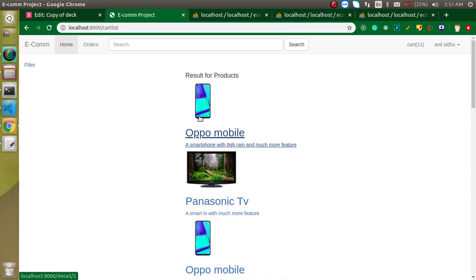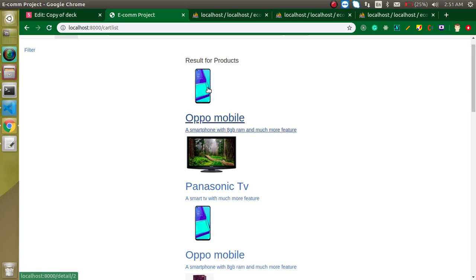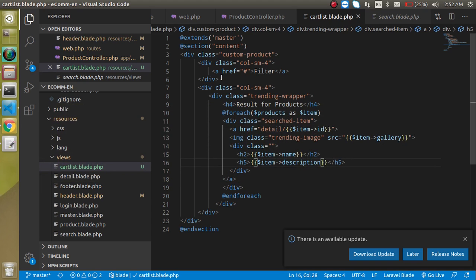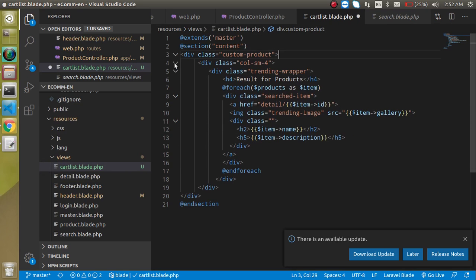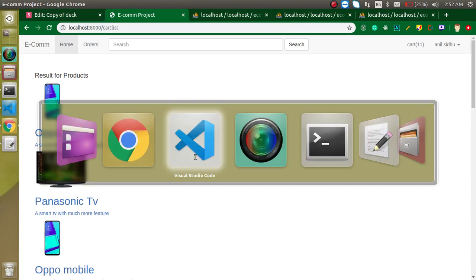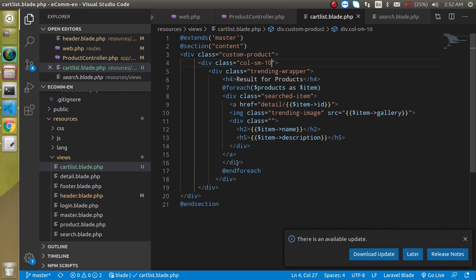Alright, so this is not looking fine because this is not a proper listing. So what we can do is modify this page a little bit. First of all, let's remove this one col, then we can use 10 here, and this is a little bit fine but still not great. So what we can do next,